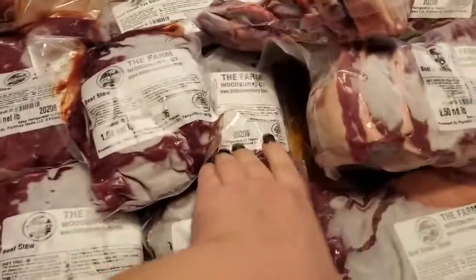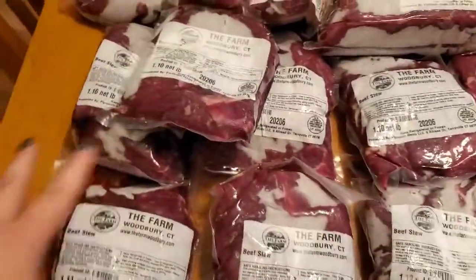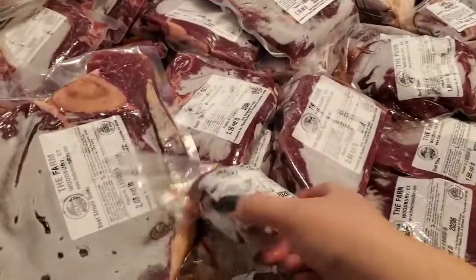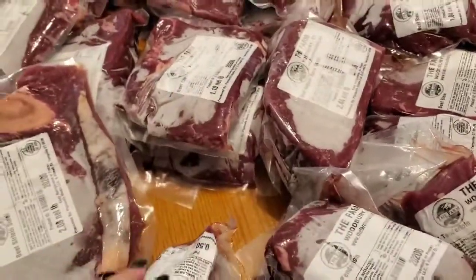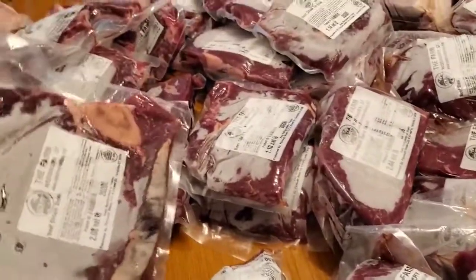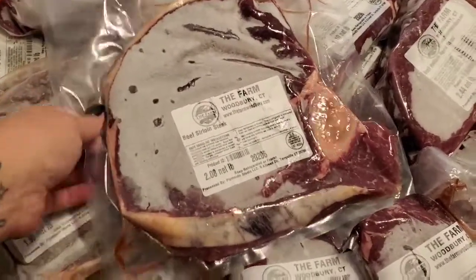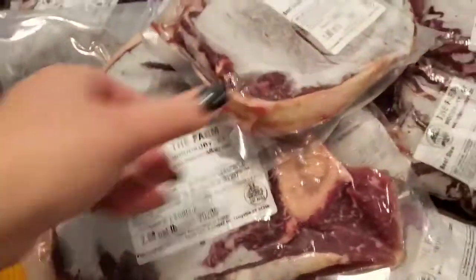Over here is all the stew meat, all of this. Now, we have the filet over here. So there's only 4 small fillets. And again, we're sharing with 3 other people. Here's a big sirloin steak. Another big sirloin steak. These are about 2 pounds each. Let's see, another